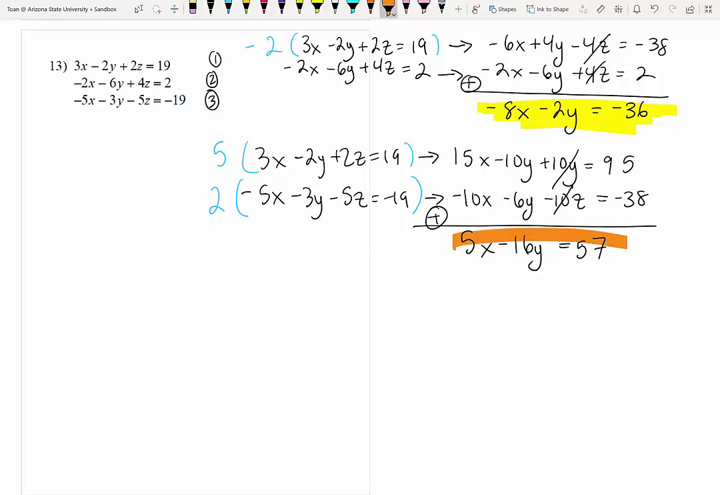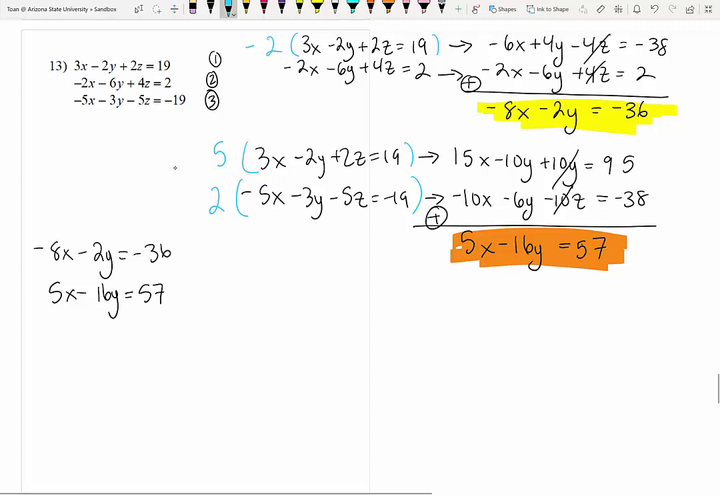So then we'll go ahead and save this guy here. The idea is that you put your two saved equations together, -8x minus 2y equals -36, 5x minus 16y equals 57, and then you just go ahead and solve that equation however you want. We'll solve it by elimination, and let's eliminate the y's here, which means we need to multiply the top equation by -8,